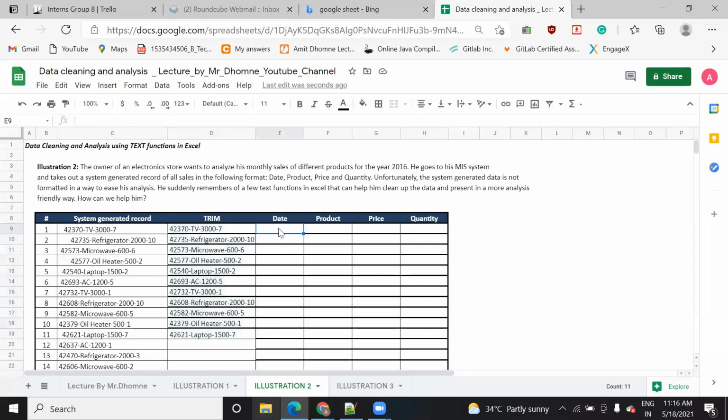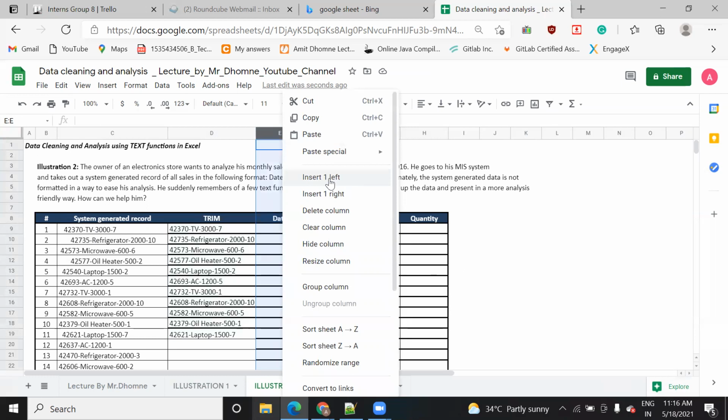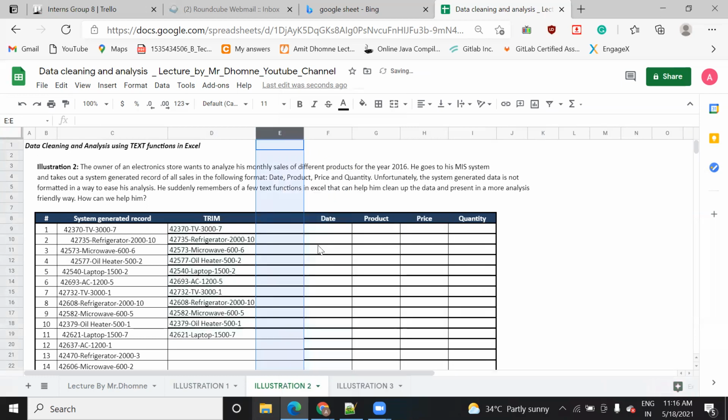So I'm going to do the same. Here I will add one more column. Now once I add a column, I will write it, because I need to find the first hyphen. So I'm just writing find first hyphen.